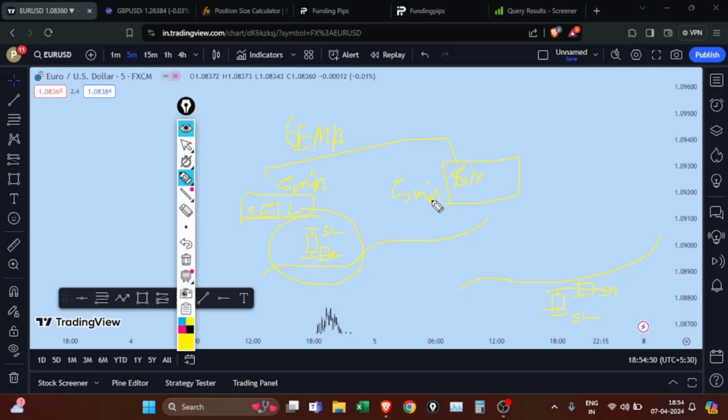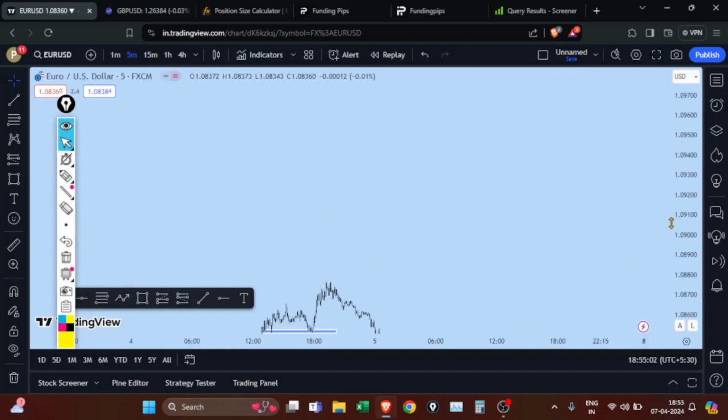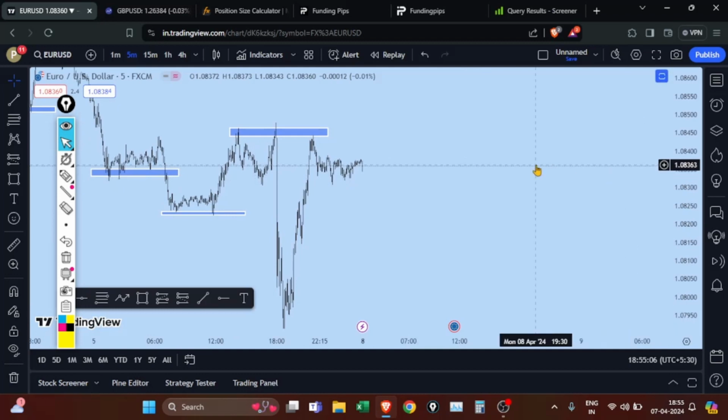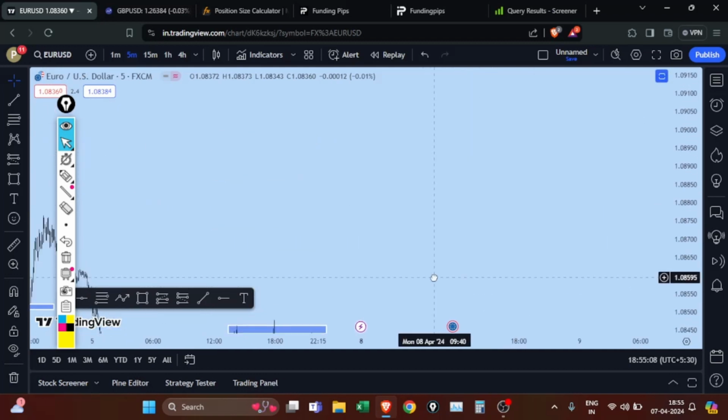So this is basically the framework of the strategy. That means this is the draft of the strategy. Now let me show you the same strategy in charts. So now let's move to the charts. Okay, so I am in the 5-minute time frame, and wait, let me first explain the key component of the strategy. So this 6 EMA strategy